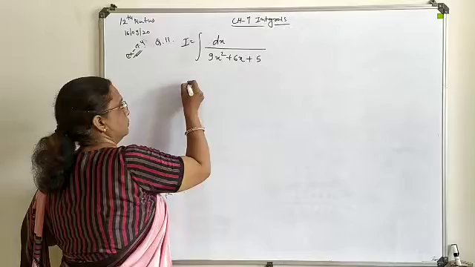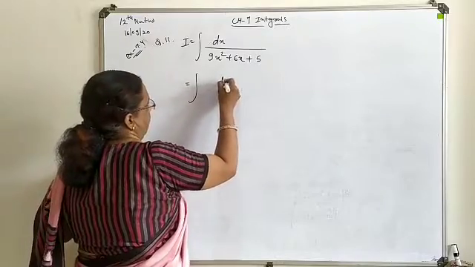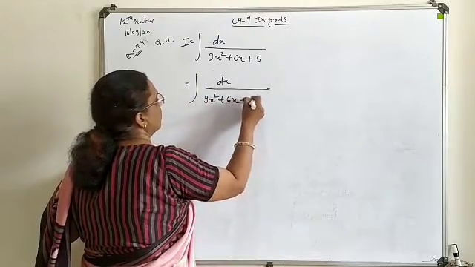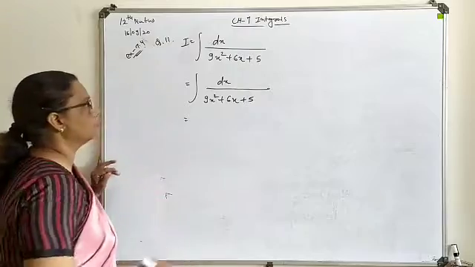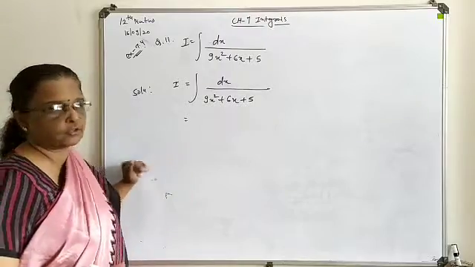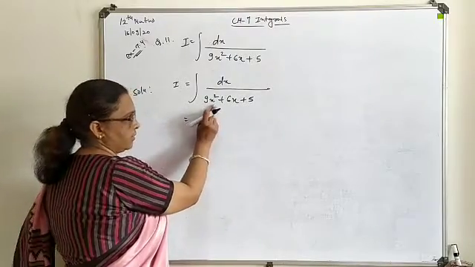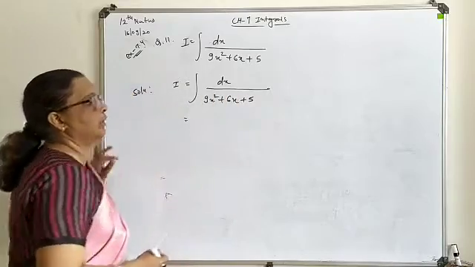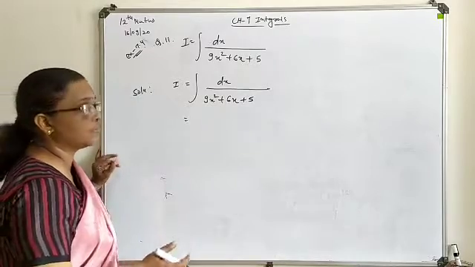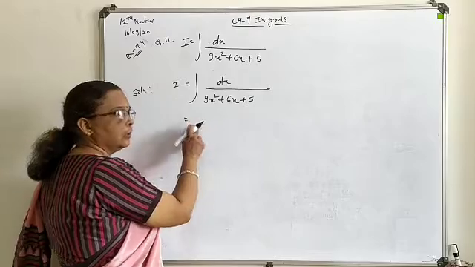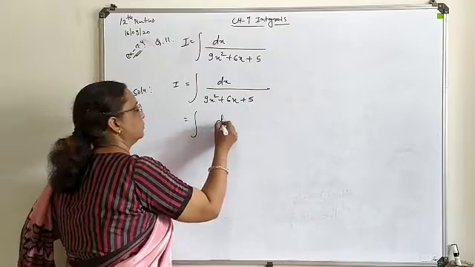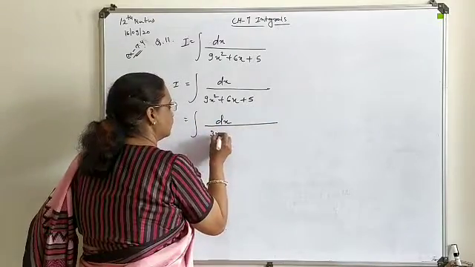So first of all, this is your 9x square plus 6x plus 5. Now this question you can handle in two ways. Either as such, this question is handled by writing this as 3x square with midterm splitting, and the last term that is needed is to be introduced from our side. Or the second way is that we can take 9 common, and then accordingly the perfect square is to be generated. So the better way is to write the question this way.